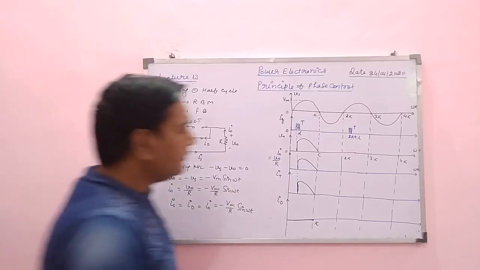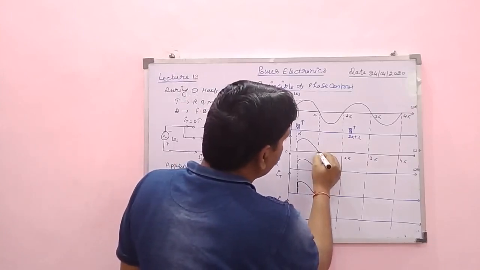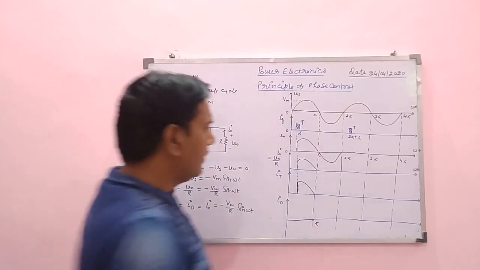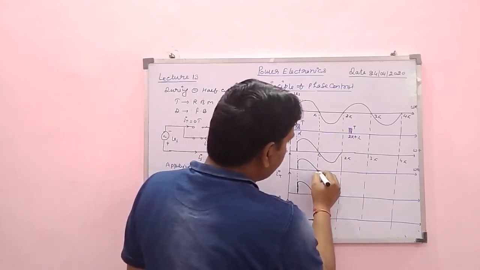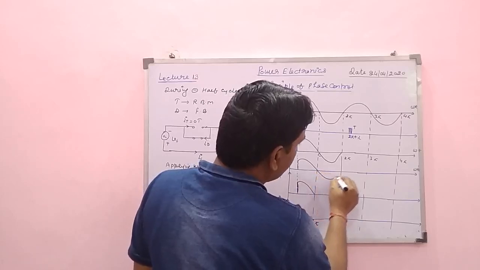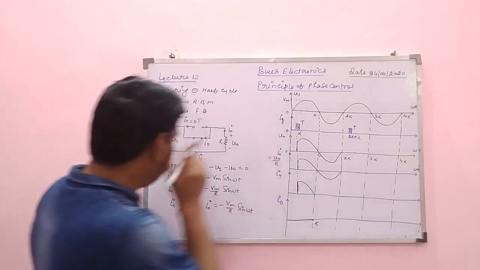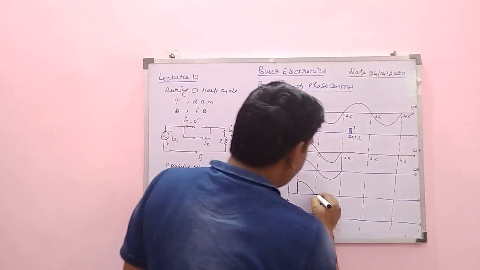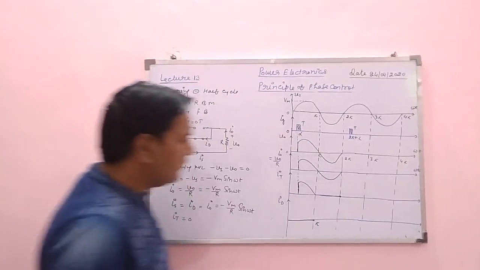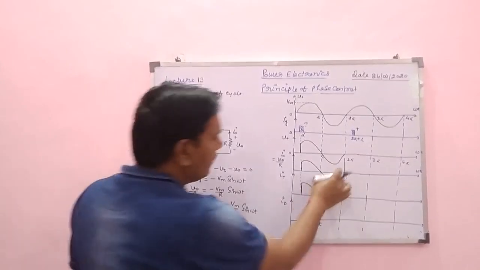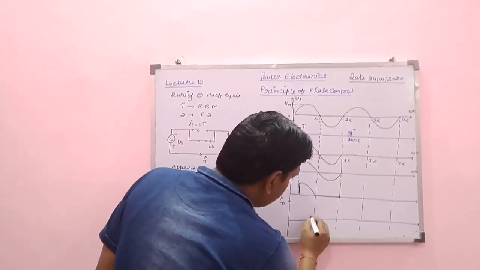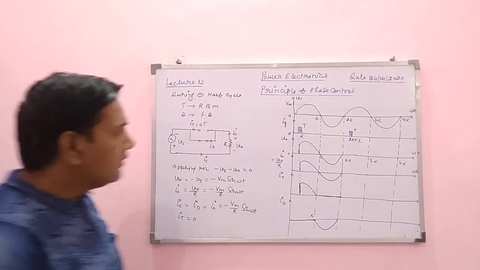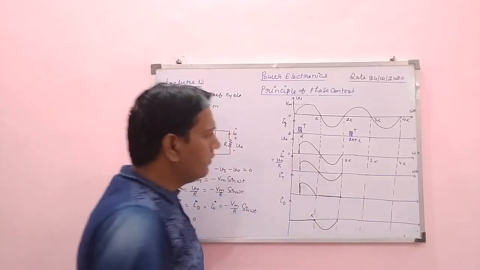So let's draw these parameters. During negative half cycle the output voltage is minus Vm sin omega t, and current is minus Vm upon R sin omega t. This will be negative. In that case the thyristor current IT is equal to 0. So from pi to 2 pi thyristor current will be 0, but the diode current will be equal to output current. So this is output current. So diode current will follow the output current like that. Okay. So this is one complete cycle from 0 to 2 pi.